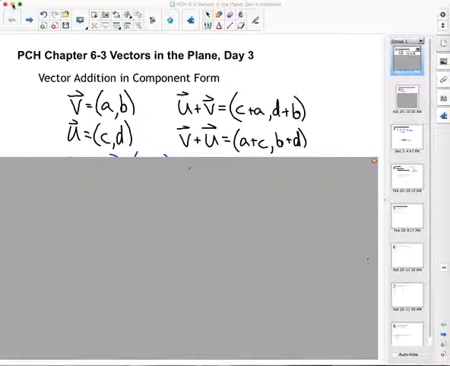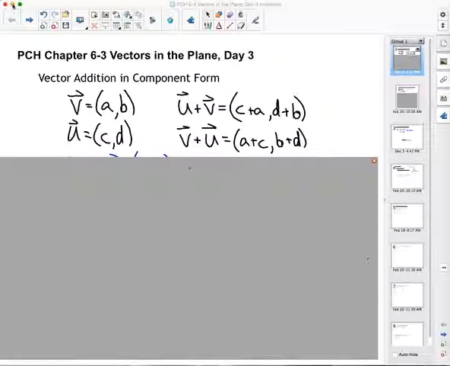All right, so the first vector operation we looked at on Tuesday was vector addition. Okay, vector addition. And we used the head to tail method to add vectors geometrically. Right? But here we're going to look at the components. So, if we have vector v, which is AB, and we have this other vector u that has the component CD,